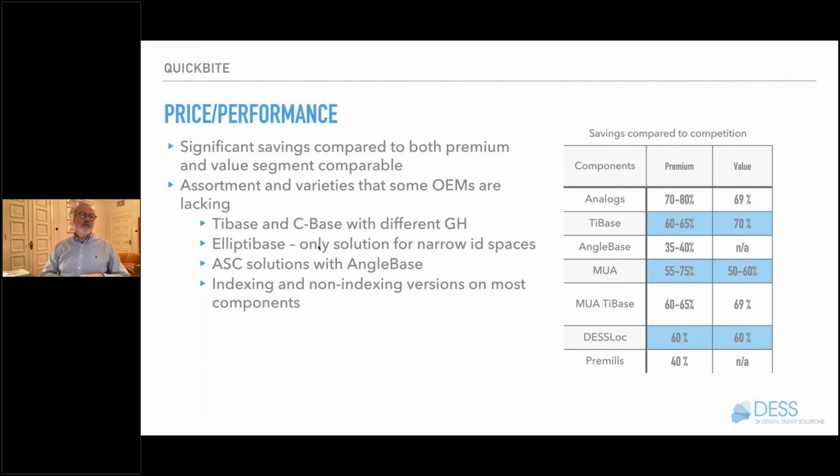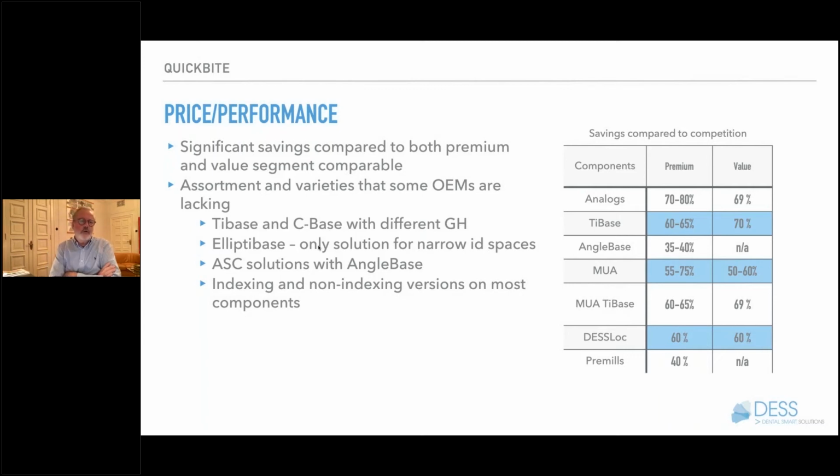We have a new product called the Ellipti base, which is an elliptic tie base that is more narrow in the mesiodistal area